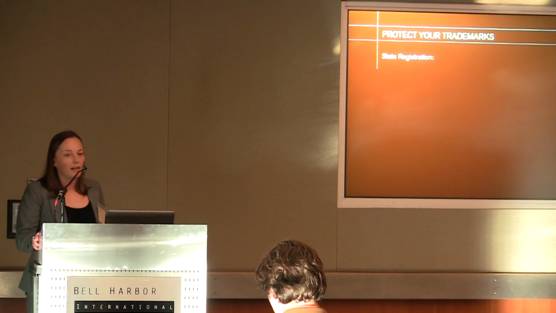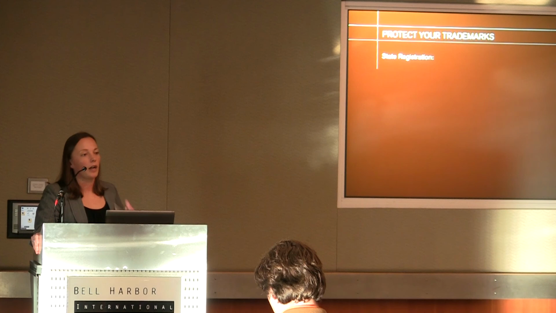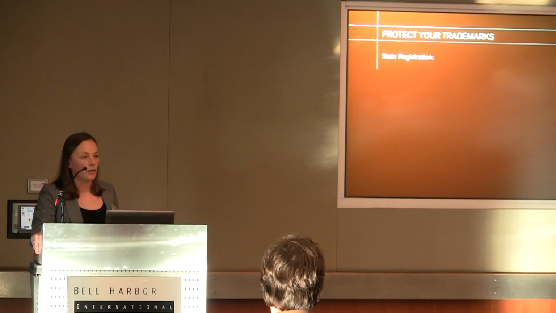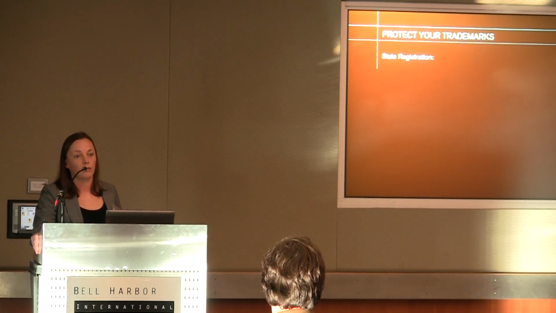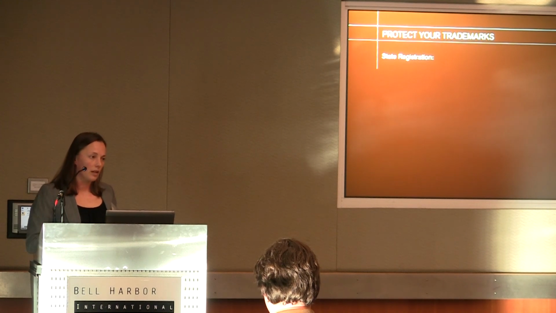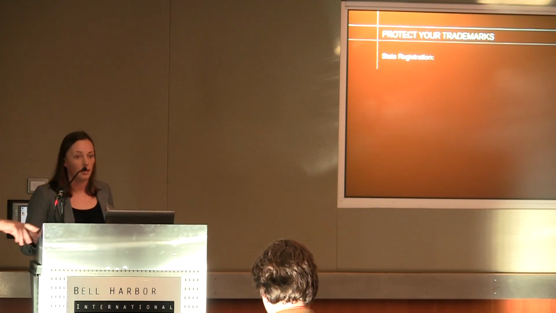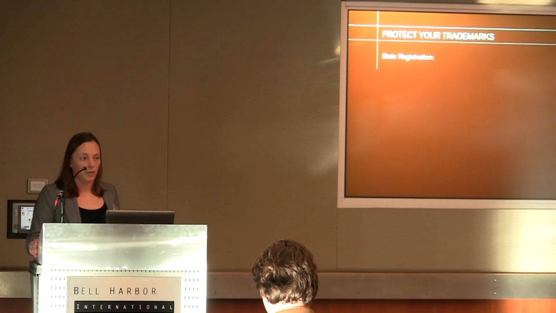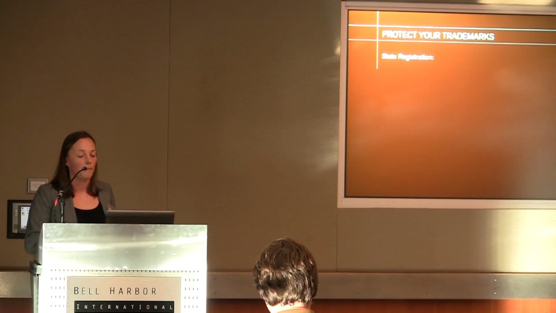And so a lot of people think that they have to go right away to the United States Patent and Trademark Office and seek a federal registration, that's sort of the only way to get the most amount of protection. And there's a couple things that go along with that. One, you can only get federal registration if you're doing business in interstate commerce, so across state lines in more than one state. If you're a company that's just doing business in Washington, you actually can't get a federal registration, and so it wouldn't make any sense to file that application.